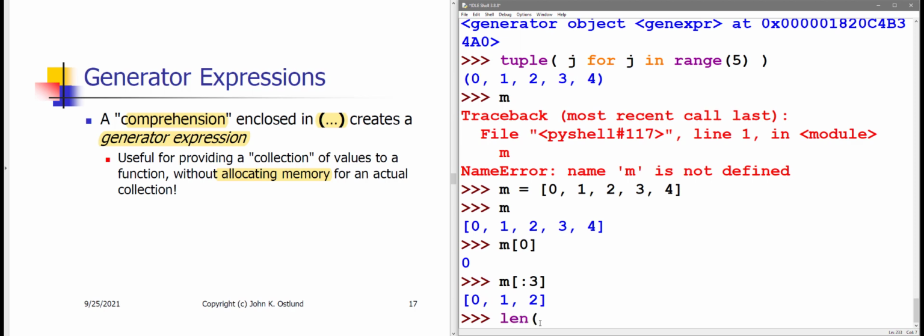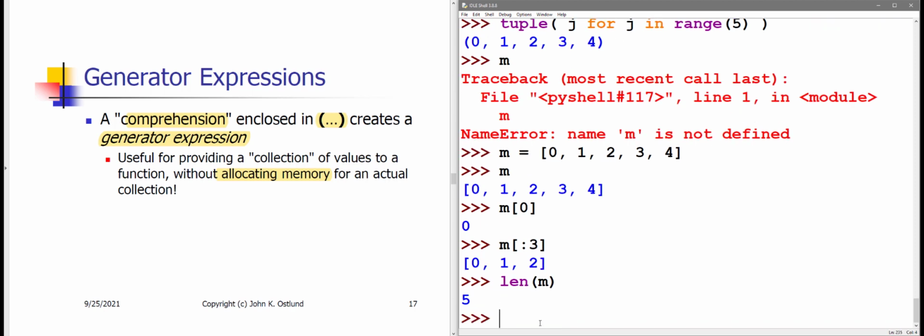And I can ask its length. If I can do those things, then the object qualifies as a sequence. A generator is not a sequence. If I say